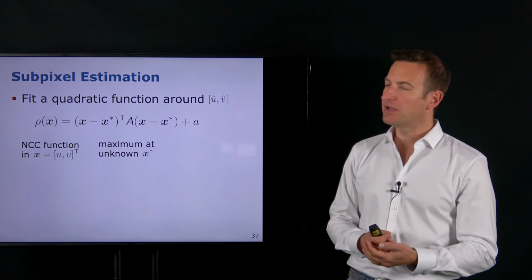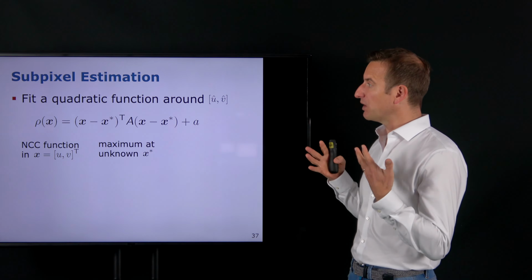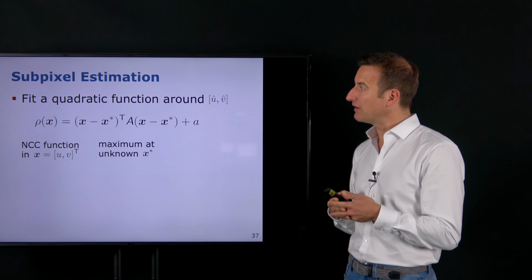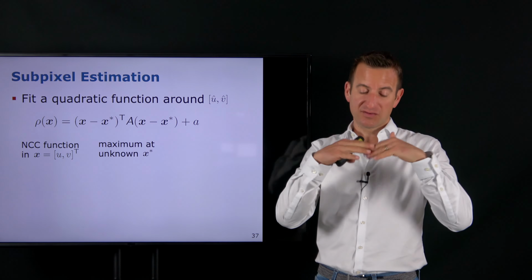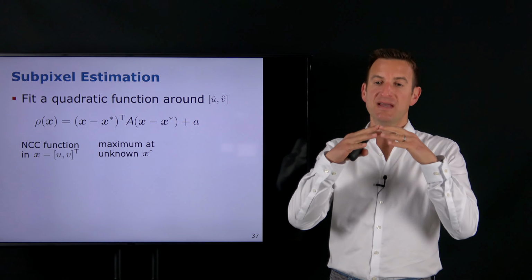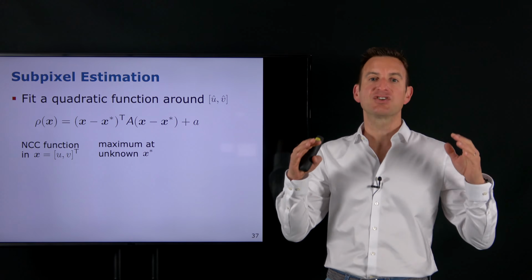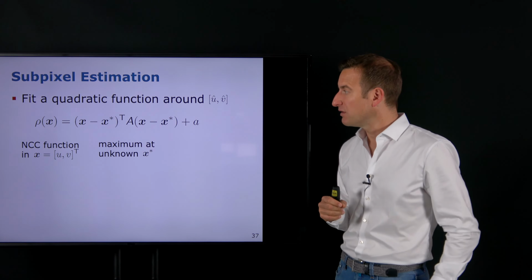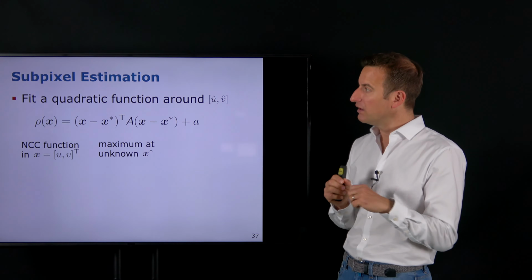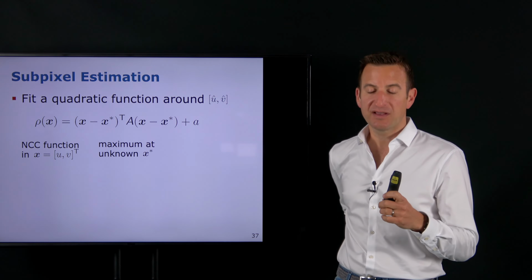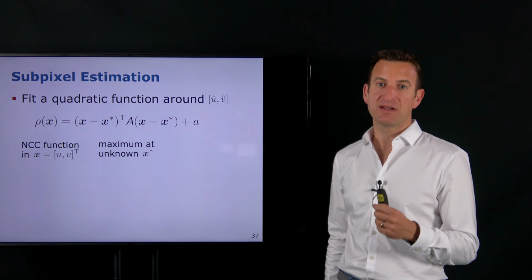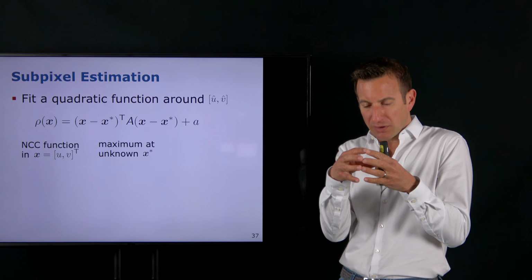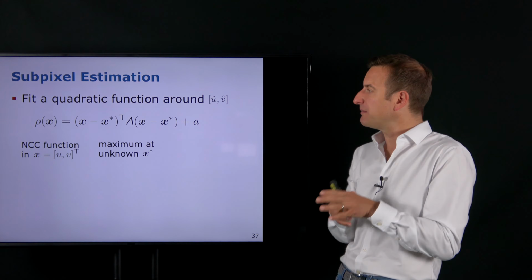Okay, and what we're doing is, again, this is an assumption, but we are fitting a quadratic function around our measurement value. So we're saying this intensity, or this normalized cross-correlation function, is a quadratic function where we only have sampled locations in this local neighborhood, so a locally quadratic function. And the good thing is through the standard cross-correlation, we have estimated already where it is globally, up to a local area, and now we just need to do the refinement in that local